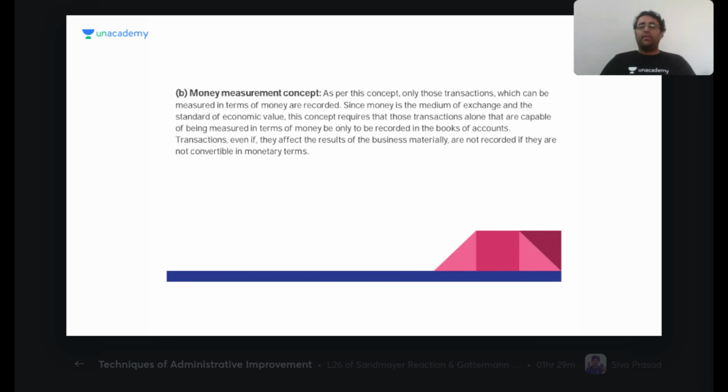Most welcome to you. Money measurement concept simply says only transactions which are measurable in terms of money